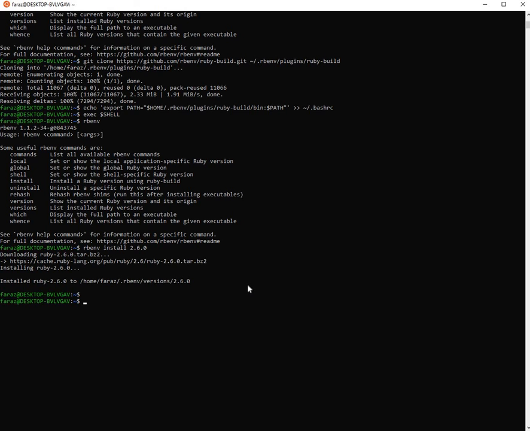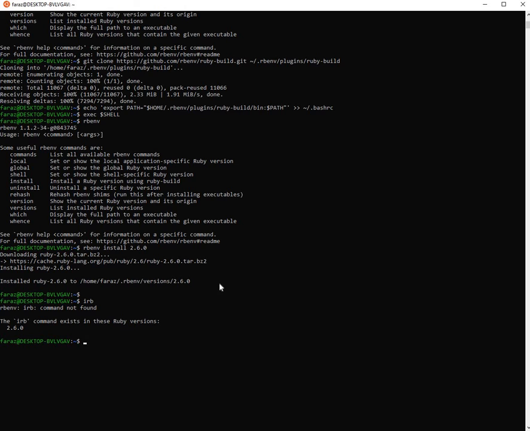Alright guys, we see that Ruby 2.6.0 has been installed. And to prove it, let's try to run Ruby, but what happens now is going to be peculiar. If I type IRB, that is the interactive Ruby shell, I see that it shows command not found. The reason is that we need to tell RbEnv to first rehash the version of this Ruby and then to tell it to use this version of Ruby for